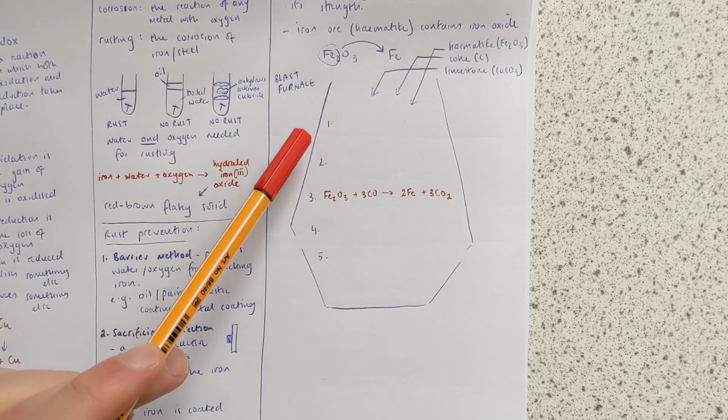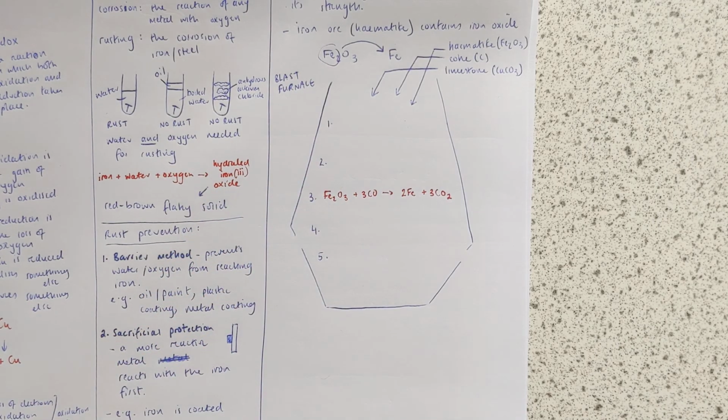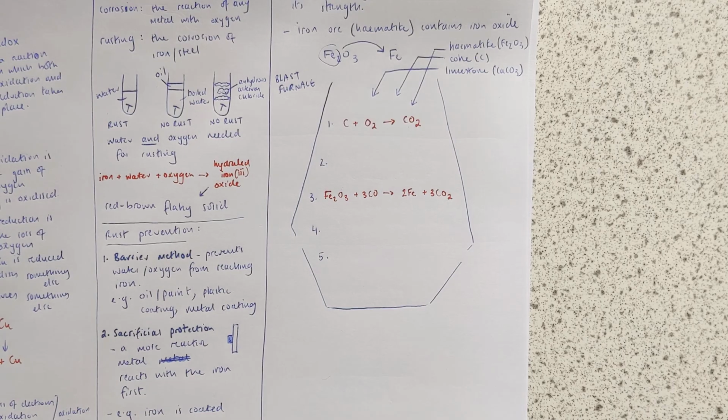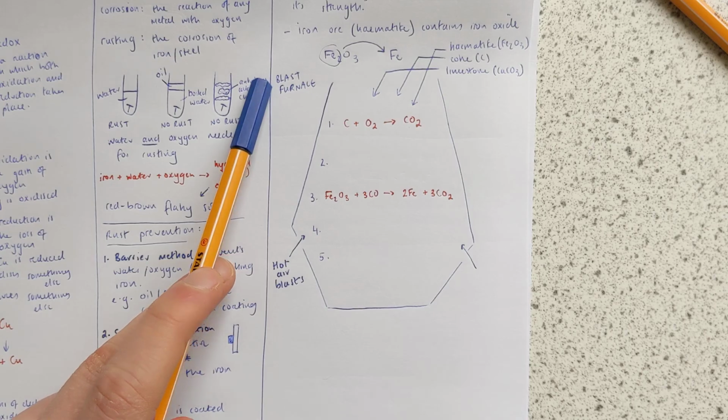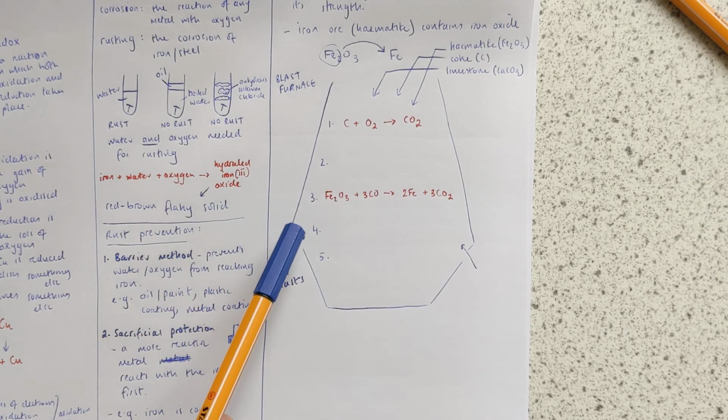The first 2 steps show us how we make the carbon monoxide, which will allow us to take the oxygen away from the iron. In the first step, the coke we put in at the top of the blast furnace, the carbon, reacts with oxygen to make carbon dioxide. In terms of where the oxygen is coming from, that comes from blasts of hot air down near the bottom of the furnace. That's where the blast furnace gets its name from, the blasts of hot air